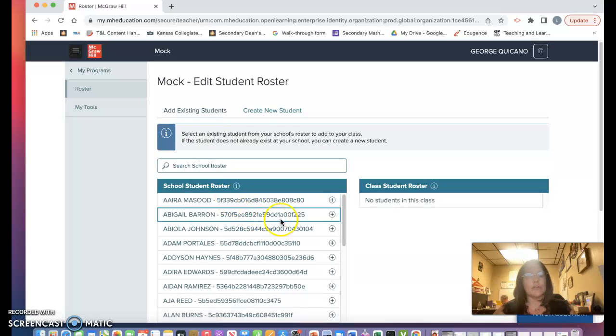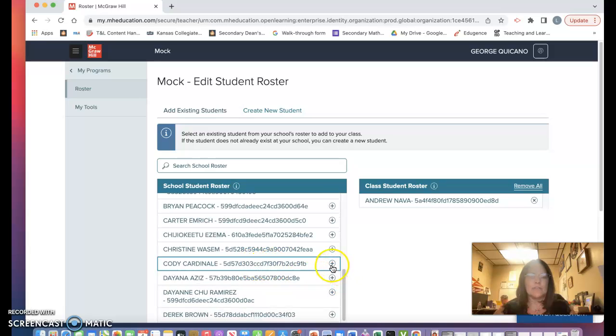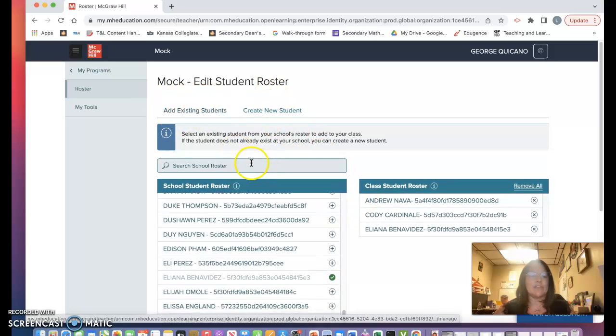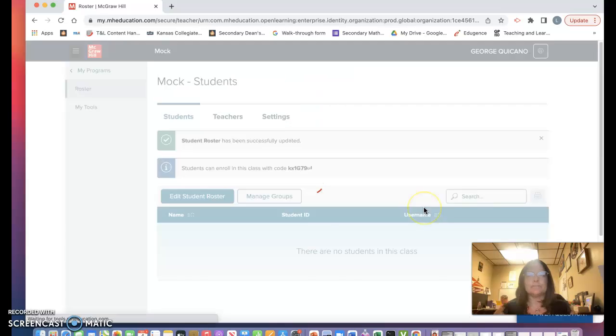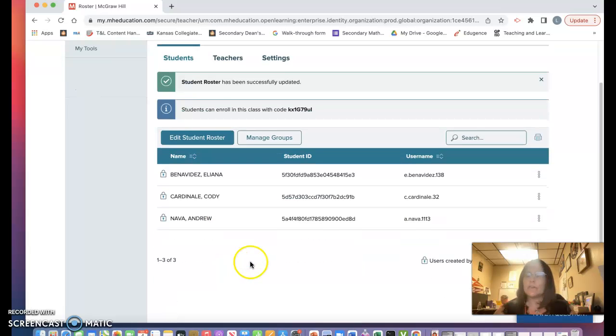Edit student roster, and now you can hand pick students that you would like to add to that class. I don't know who I'm adding, I'm just clicking on people. So here's my 3 students. You could also create a new student if you wanted, but adding existing students, since everything is already loaded, should not be a problem. Save roster, and now I have created a class with 3 students in it covering that